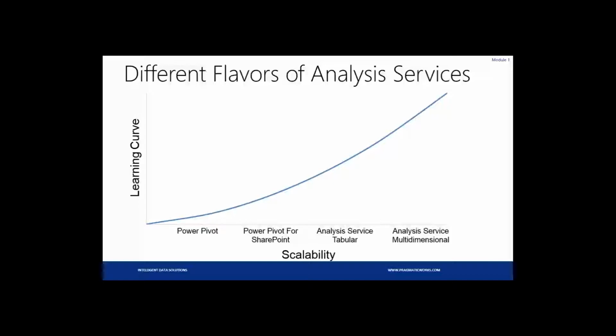Power Pivot for SharePoint allows you to scale out a little bit what you can do in Power Pivot. So rather than using the resources of your laptop, you deploy a Power Pivot workbook to SharePoint. Once it's deployed into SharePoint, it uses the resources of a server behind the scenes. There's actually an Analysis Server behind the scenes that's doing all of the processing for Power Pivot workbooks inside of SharePoint. That also helps you with doing things like scheduling data refreshes for Power Pivot workbooks. Next one up,